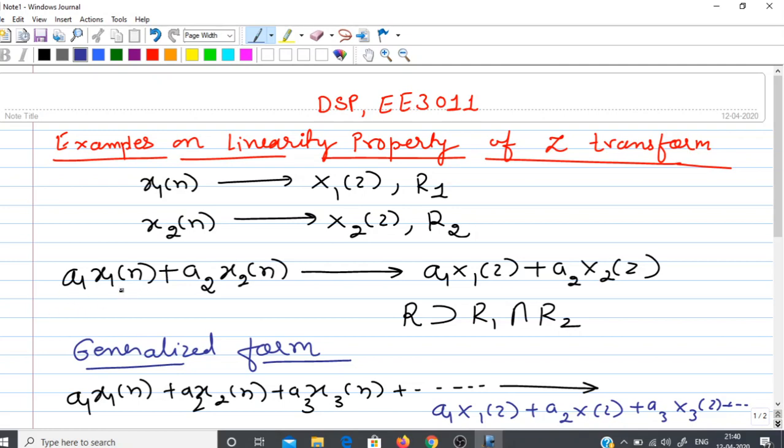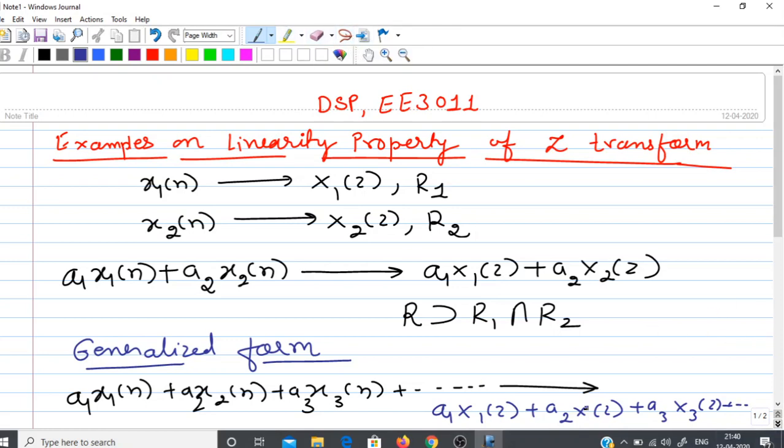This a1 times x1(n) plus a2 times x2(n) is a linear combination of x1 and x2, and the Z transform of this linear combination would be the same linear combination of X1(z) and X2(z). That is, the Z transform would be a1 times X1(z) plus a2 times